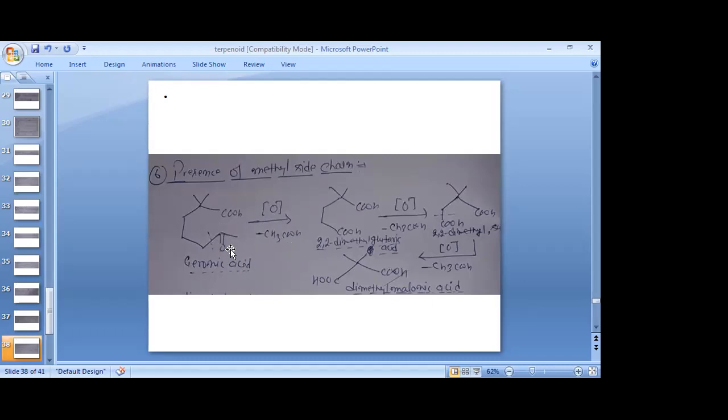It means one carbon is removed from this position, and it converts into 2,2-dimethyl glutaric acid. You can see COOH, CH3, CH2, CH2, COOH. It means one carbon is removed by oxidation in the form of CH3COOH, and geronic acid converts into 2,2-dimethyl glutaric acid. After that, once again, if we oxidize with a strong oxidizing agent, another molecule of CH3COOH